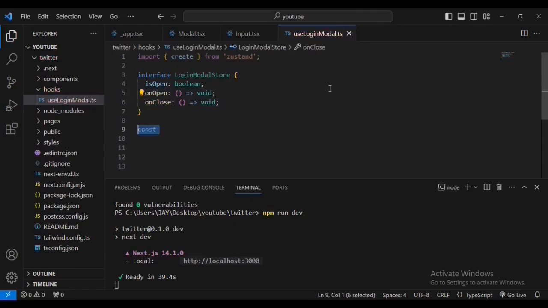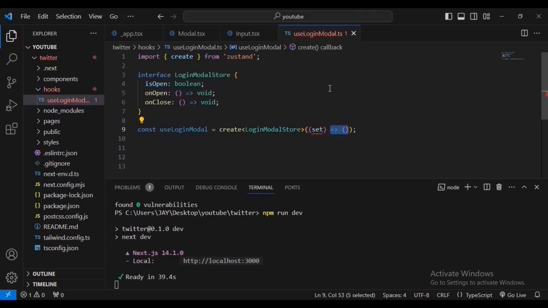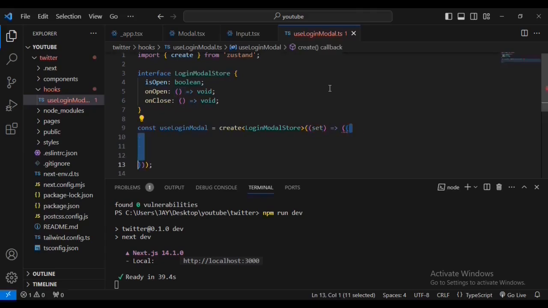Then const useLoginModel is equal to create LoginModel store with the props, with the set. isOpen is false, onOpen sets isOpen to true. Then onClose